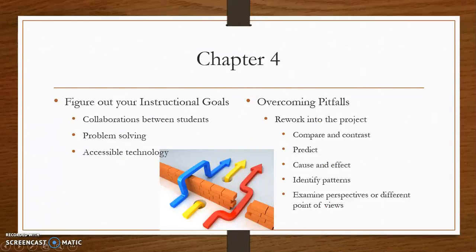For chapter 4, it focuses on figuring out your instructional goals. So you want collaborations with students, problem solving, being able to access technology, even working with other teachers to make this work. There are many things,